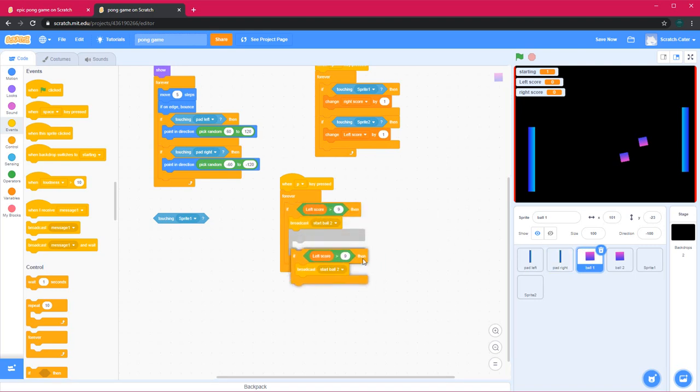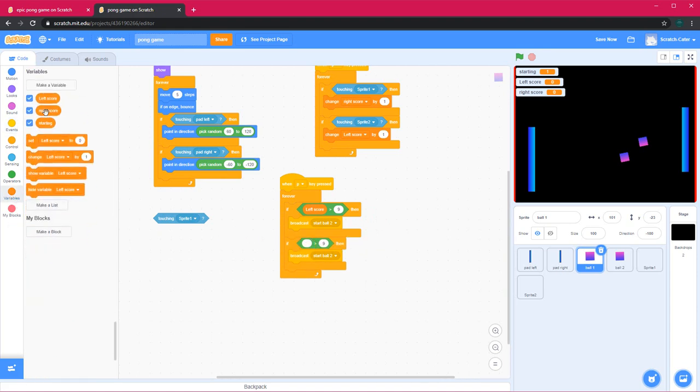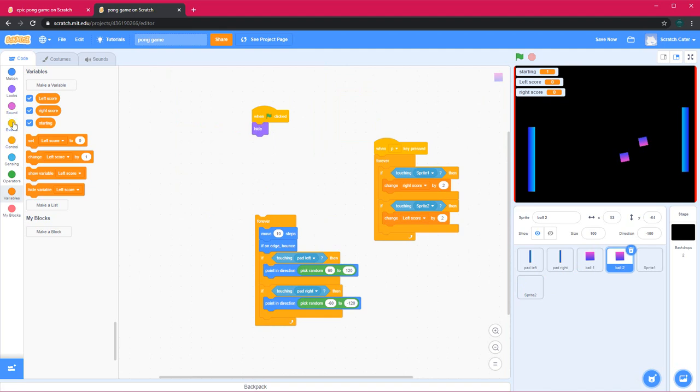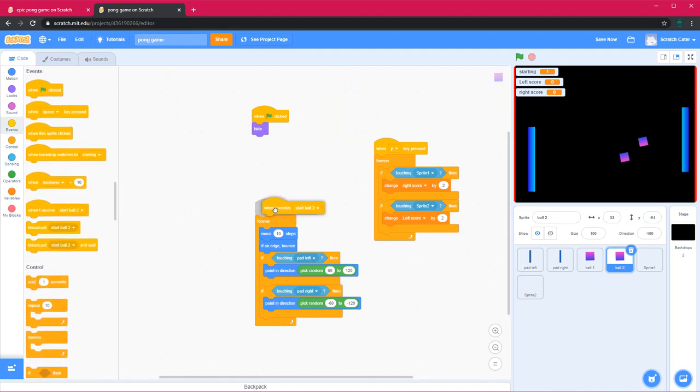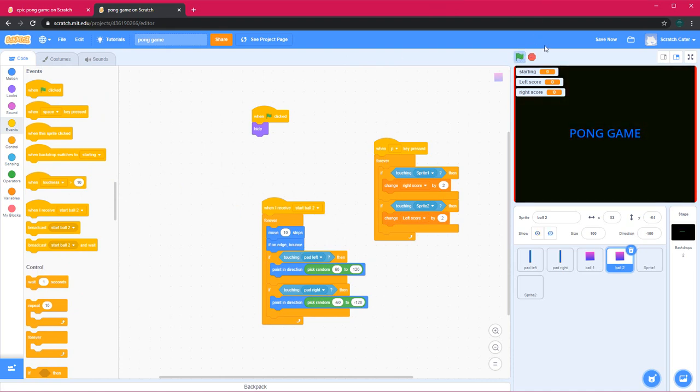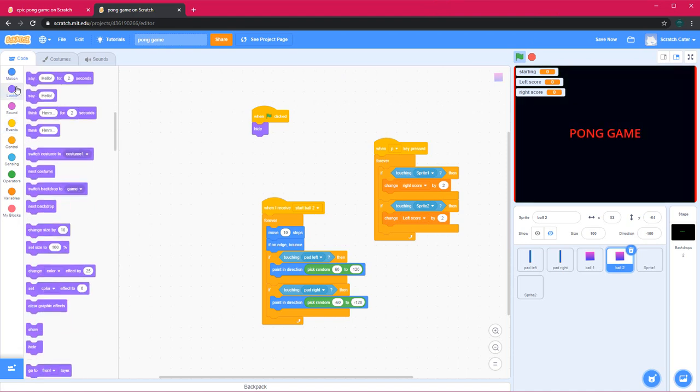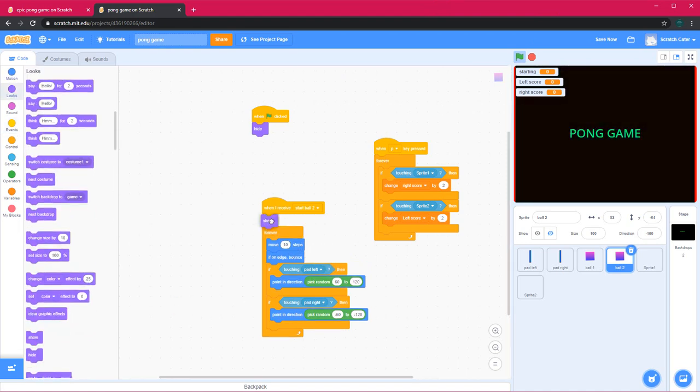Then I'll duplicate this. When right score is greater than 9. In ball 2, when I receive start ball 2, then I want it to start. First, it should show itself. When I click P, I got one ball. And then